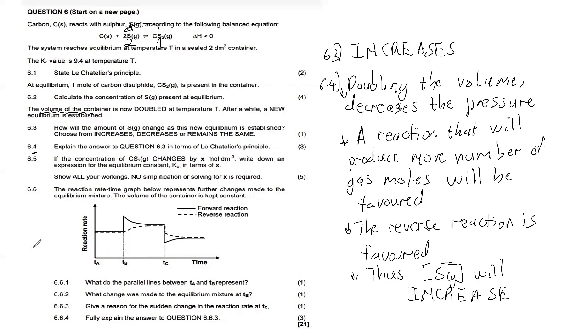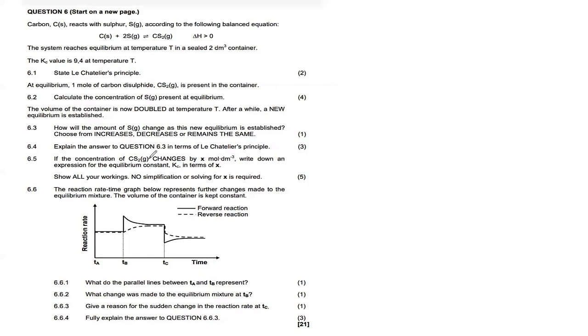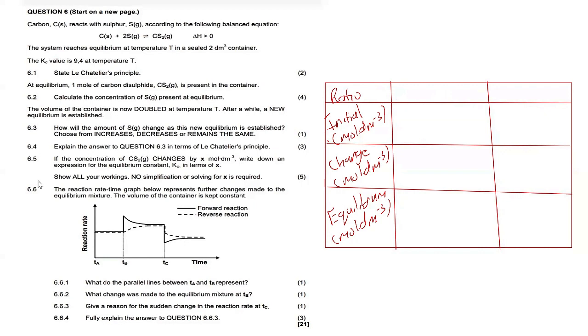Okay, so now we have a 6.5. It says if the concentration of the carbon disulfide changes by X mole per dm cube, write down an expression for the equilibrium constant Kc in terms of X. So let's draw our R.I.C.E diagram. All right, so now this is our R.I.C.E diagram, and if you can just check carefully, you will notice